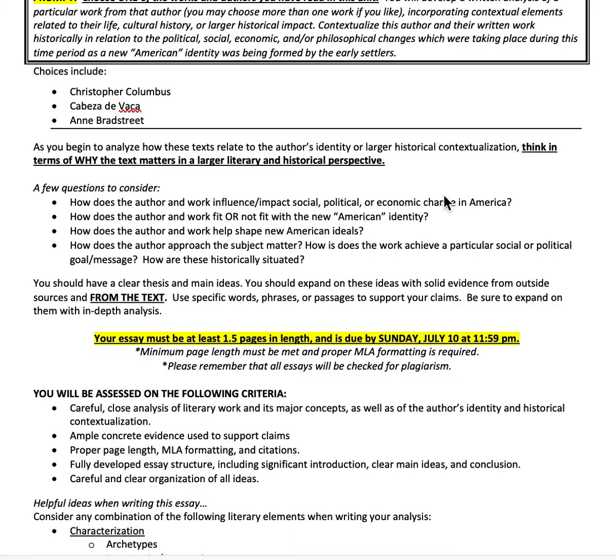So if I could give you guys any advice, it's to think carefully about how you're going to structure your essay. Make sure you have clear main ideas relative to ideally specific literary elements that you want to be discussing. So whether that's the personification, the dialogue, the imagery, whatever it might be, conflict. Make sure that you carefully and clearly structure your argument.